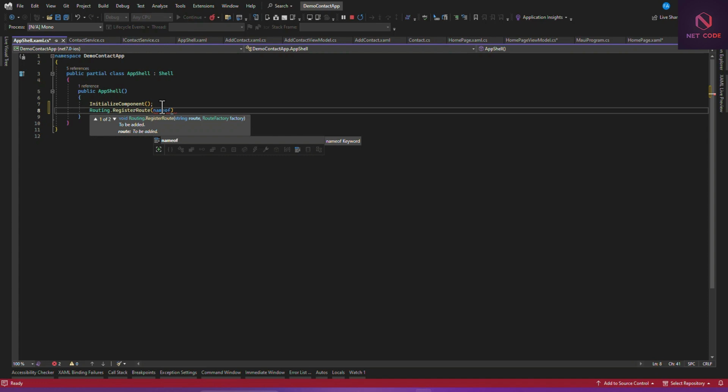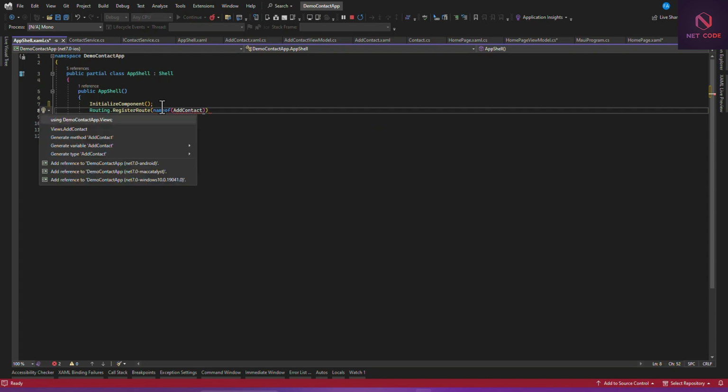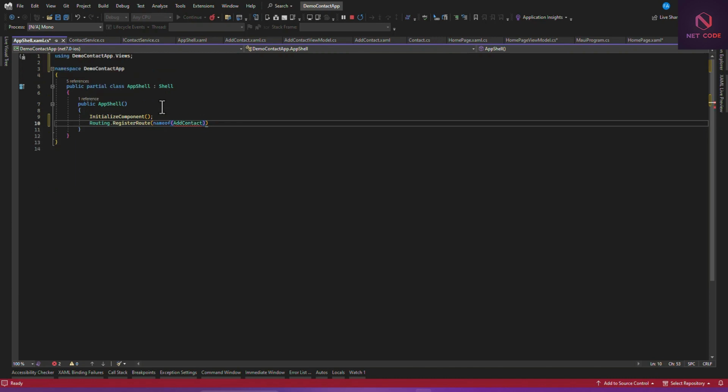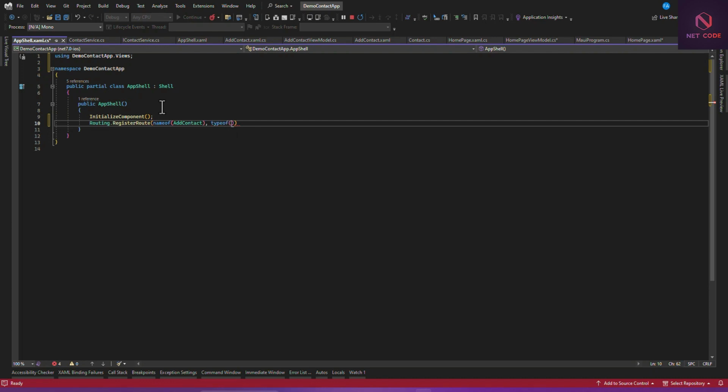So we're going to pass in the route, so add contact. And now the type of. And it's going to be the same, add contact. Now let's go to the home